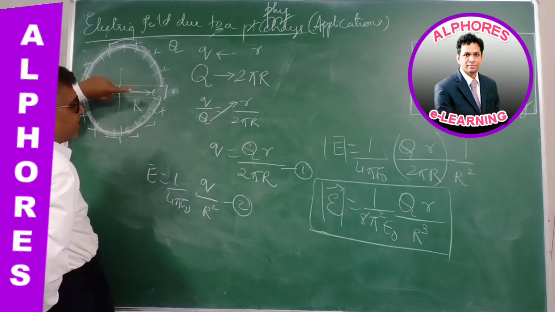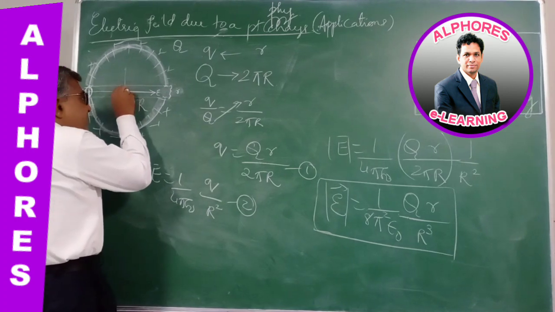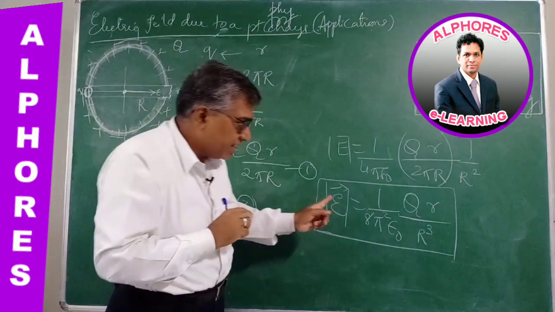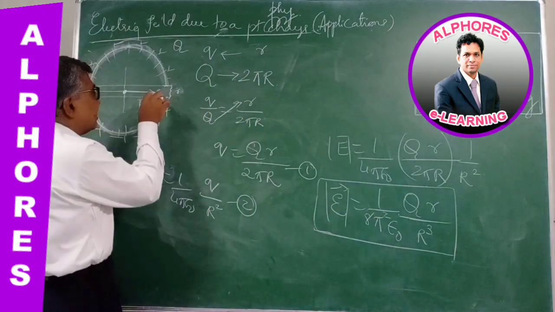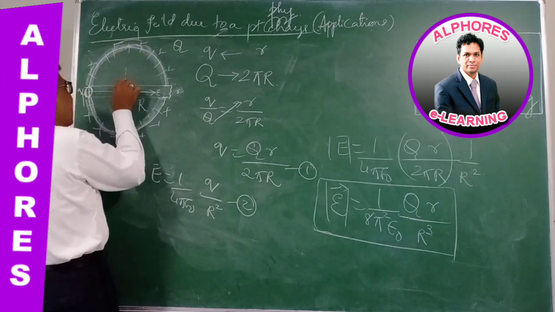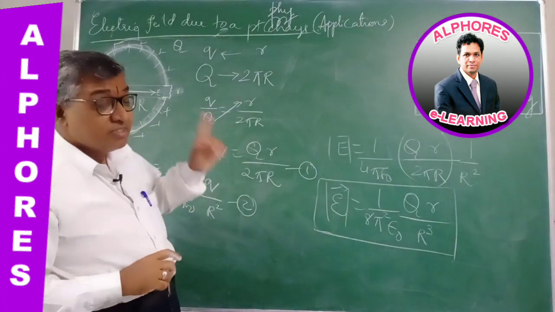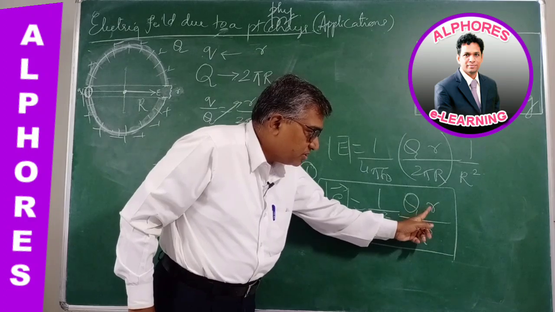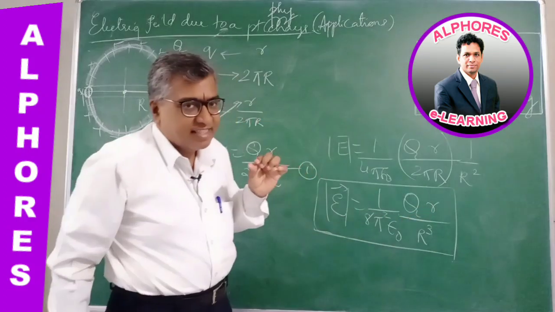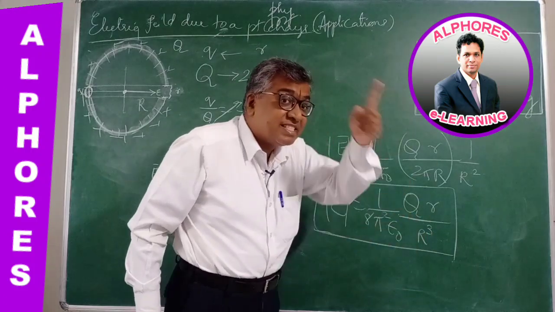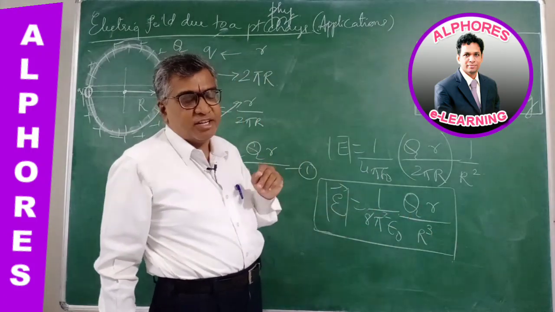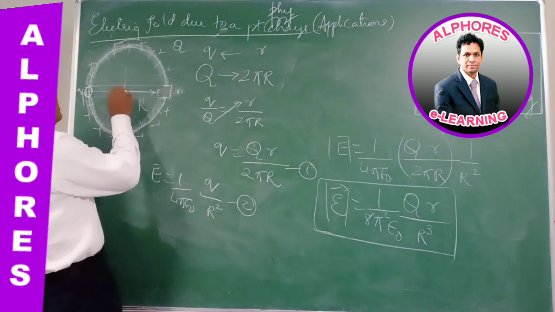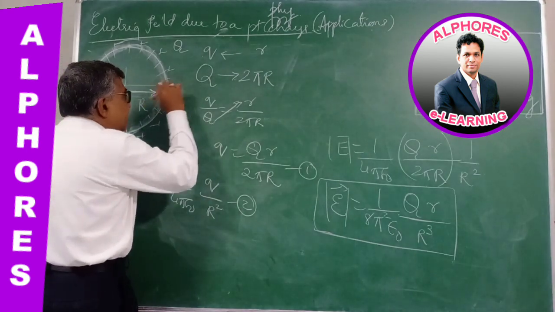Now the direction is like this. So the direction of the electric field is towards the part that is absent, given in the question. Had the part been here, then the field would have been in that direction. Had the part been here, the field would have been in this direction. So when the charge is positive, the magnitude of the field is 1 by 8 pi square epsilon naught, Q into small r, by capital R cube, where small r is the length of the part that is removed and capital R is the radius of the ring, right? This is the magnitude. And the direction, since the ring is positively charged, the direction of the electric field is towards the part that is absent.